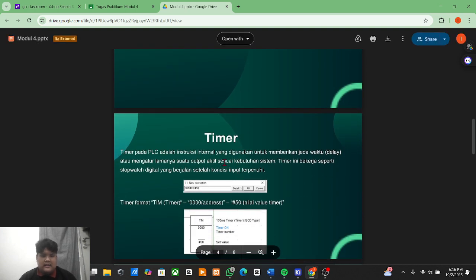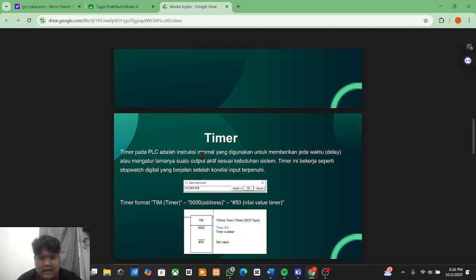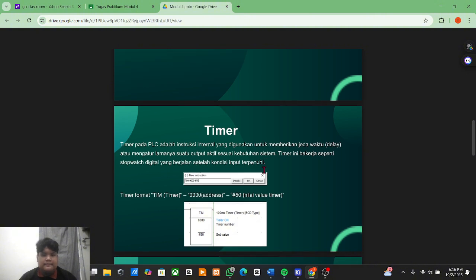And then, what is a timer on a PLC? Timer is an internal instruction that is used to give you a delay and keep the output active for the system.